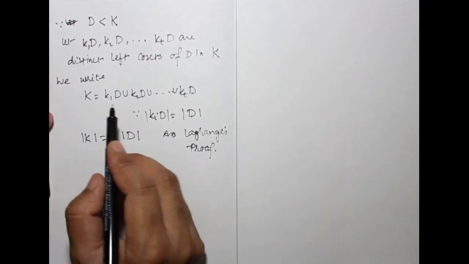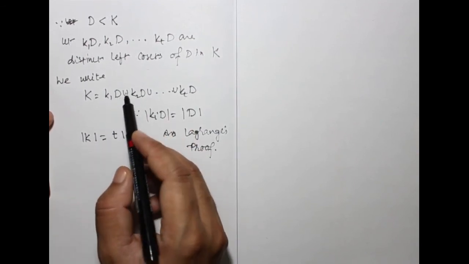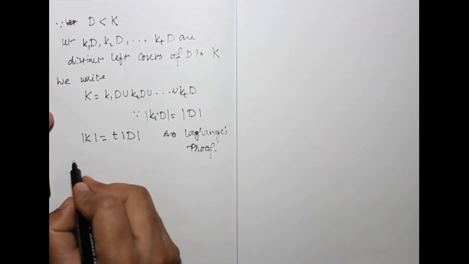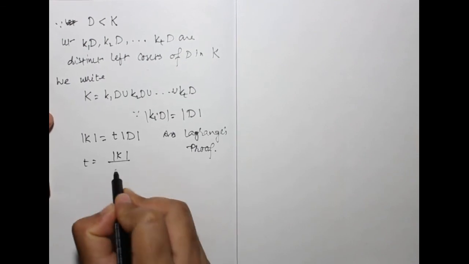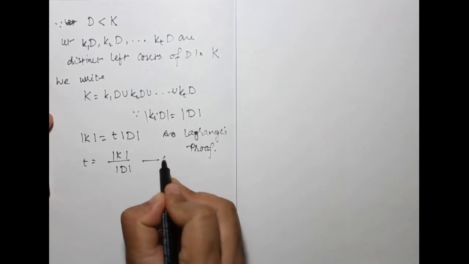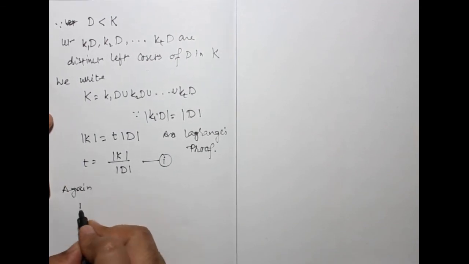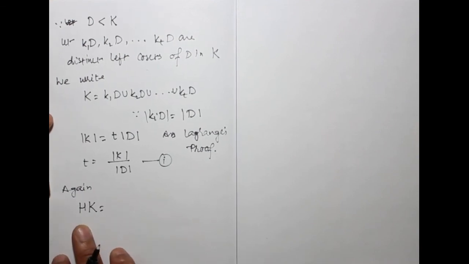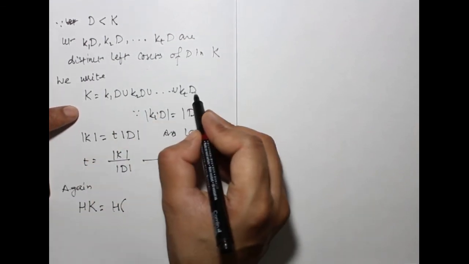Same as what we did before, because these are all distinct cosets, so we add their cardinalities. It implies that T equals order of K upon order of D, number 1. So again, we define HK, we already have HK, so HK can be written as H, where K, what is K? Just define this